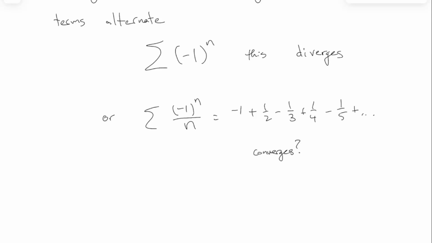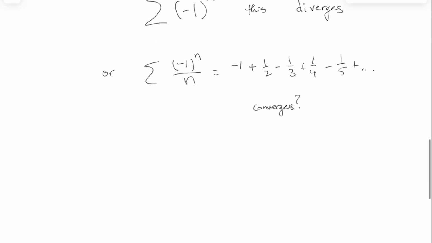But the way to demonstrate that that one converges is by using what we're about to talk about, which the book calls the alternating series test. So this is only used for alternating series, but it's a way to tell if an alternating series converges or not. All right? So anyway, let me just say in general, we'll come back to that specific example, but generally,